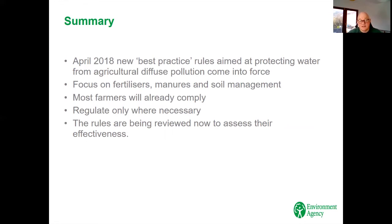So yeah, just a summary. It came in 2018. It's basically focusing farmers on how they store manures and fertilisers, and how they carry out good soil management. As I said, most farmers already comply with these rules. We regulate only where necessary, and yes, the rules have been reviewed right now. They were brought in as a 3-year project from 2018. So as the Environment Agency, we're hoping we keep the rules,